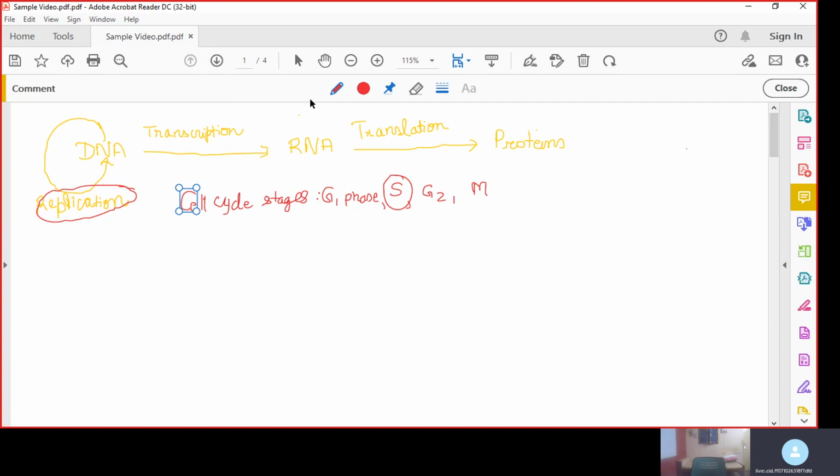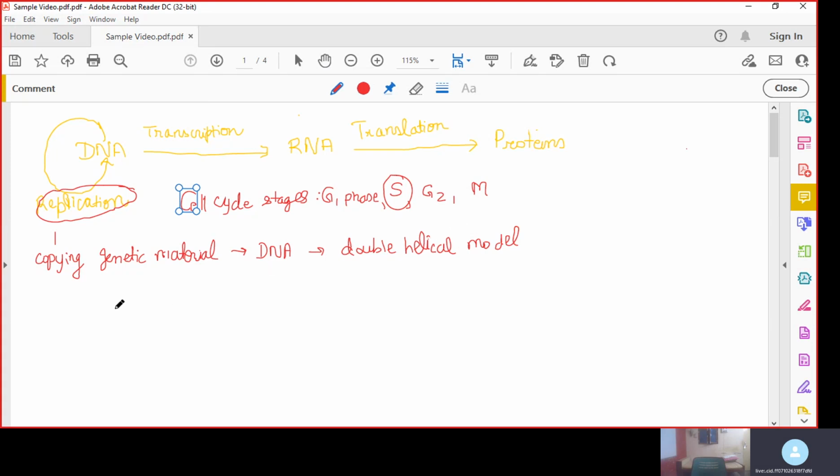So what is DNA replication? In simple terms, it is copying of genetic material. What is the genetic material here? It's the DNA. And as we are aware, there is the double helical model of DNA, given by Watson and Crick in 1953. This double helical model of DNA states that the two strands of DNA are complementary and act as a